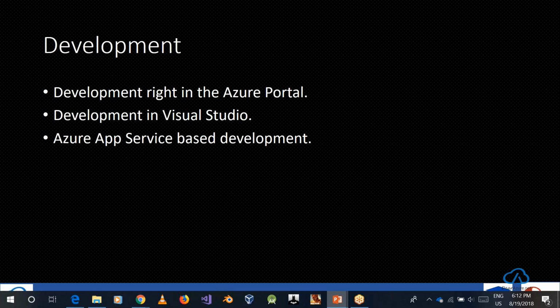So that is why the development can be done right from the Azure portal. You can modify the script, change the code, and then debug it by sending a test request to the Azure function. You can do hardcore development inside Visual Studio, package the function, and then upload it to the Azure function as well. That is pretty much done in a very enterprise capacity. We won't be taking a look into that part because we can go into the depth of development with Visual Studio in a separate webinar. For the time being, we'll just take a look at how a very simple Azure function can be created in the Azure portal.